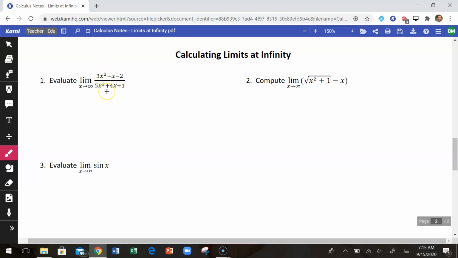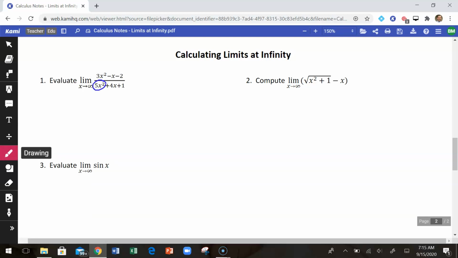which we need to know how to relate that. I can't say that that's 1 because those infinities could be different infinities. So here's how we're going to handle this. If you have a rational expression where you have a fraction of two polynomials, what we're going to do is we're going to look on the bottom, and we are going to take the highest exponent on